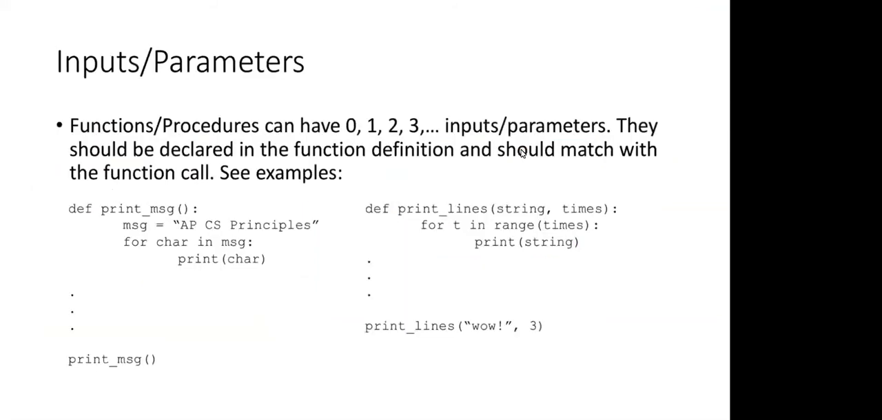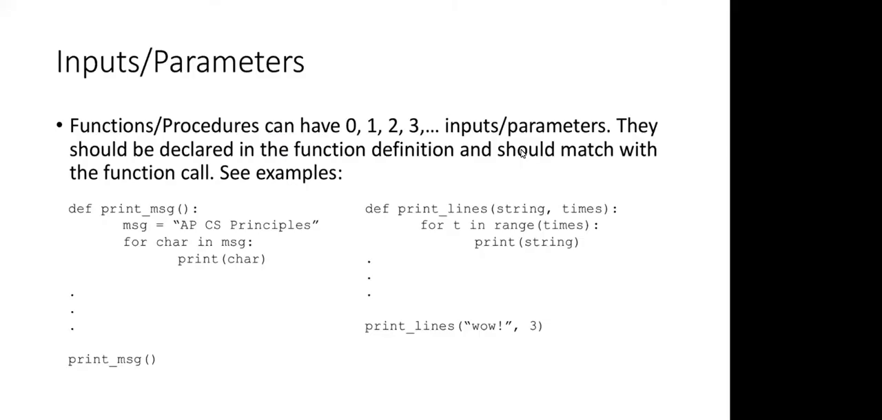Now let's talk about inputs and parameters. So functions and procedures can have 0, 1, 2, 3, 4, 5, 6. You can have as many inputs and parameters as you need. The only thing you have to make sure of is that the number of inputs in your function declaration matches the number of inputs and parameters that you have when you actually call the function. So if you take a look right here,